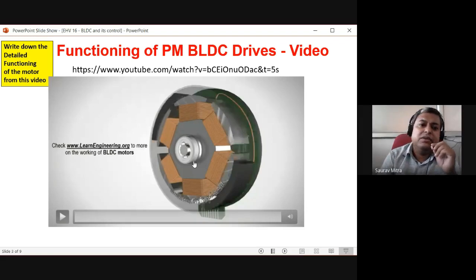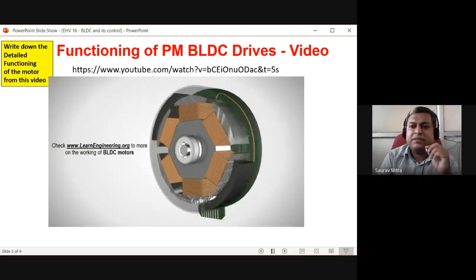So just write down from this video, how does the BLDC motor work? It may be a half-page document, so please prepare it and keep it with you. That is a job I'm leaving up to you. I'm not writing it. It is easy to understand, or if you can remember it, and if you can draw and explain, there is nothing better than that. So this is how a very simple BLDC motor works.